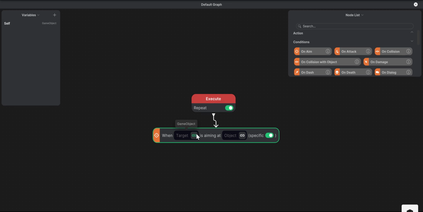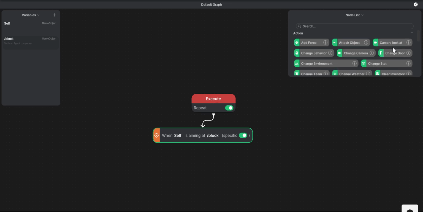We don't want basically the same assets in your world to be activating this node. So when self is aiming at an object, let's say whatever asset you put into the game, let's say a block. This is an activation block. When self is aiming at a block specific,